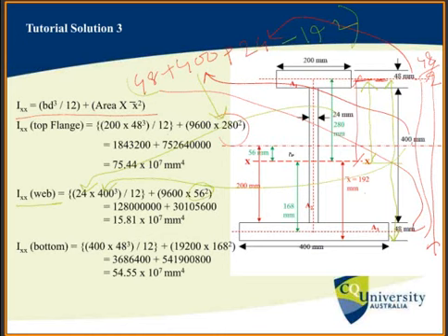The distance of 48 plus 200, 200 minus 120. This is 48, and this area is